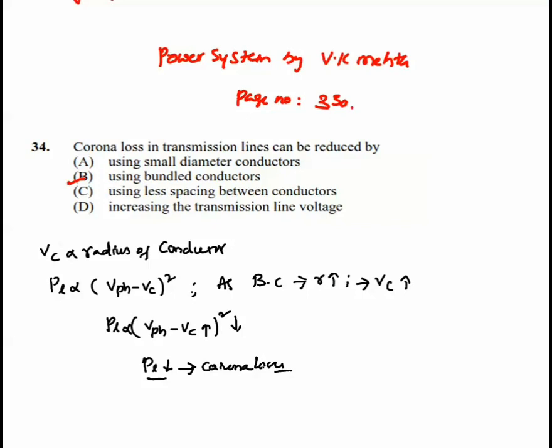Okay, so corona loss is reduced by increasing the radius of the conductor here. Okay, right. And the next question,